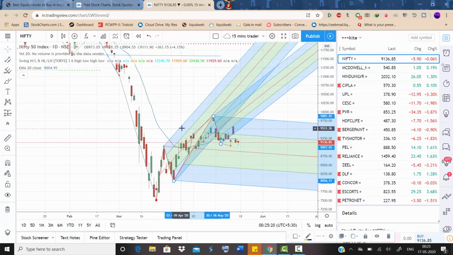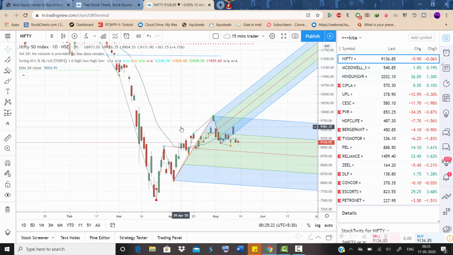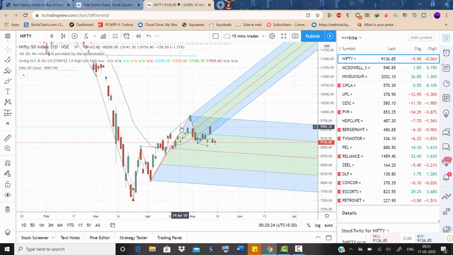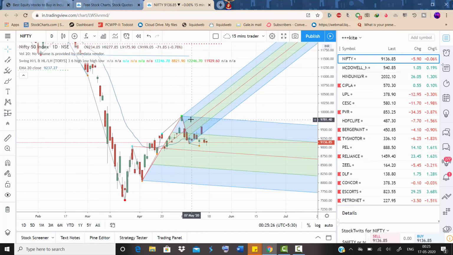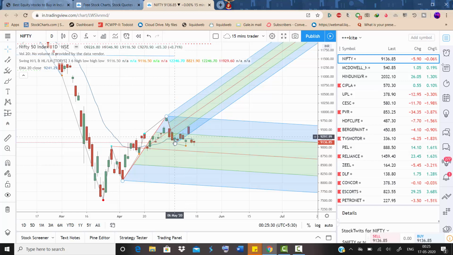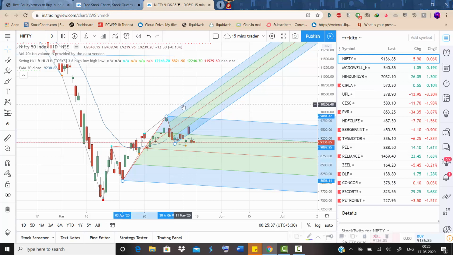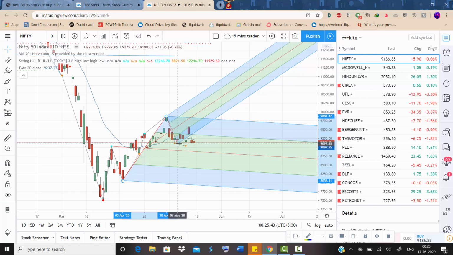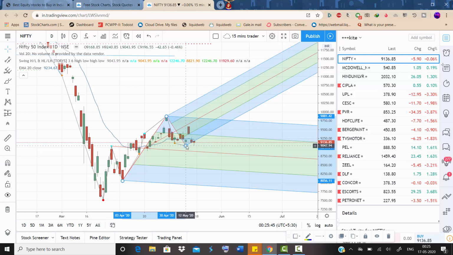This channel has been violated, so you can just delete this. So the stocks have been overlapping in these two channels. So there will be a strong consolidation within the box. So what happens here is this channel has been violated, kind of stop loss has been hit and fresh C has formed. So this C moves over here.